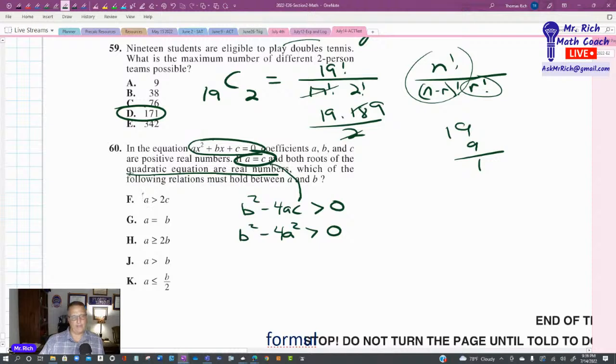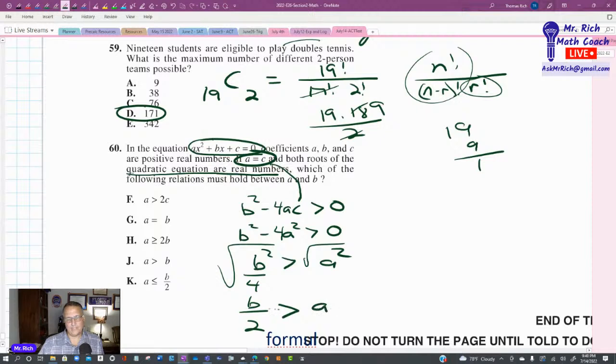Now, all of these answers have A isolated on one side, so that's what I'm going to do. I'm going to leave the B squared here, move the negative 4A squared over to the other side. I am going to divide by 4 and get rid of that. I will square root both sides. That's going to be a plus or minus B over 2, and that would be A. So A is less than B over 2,